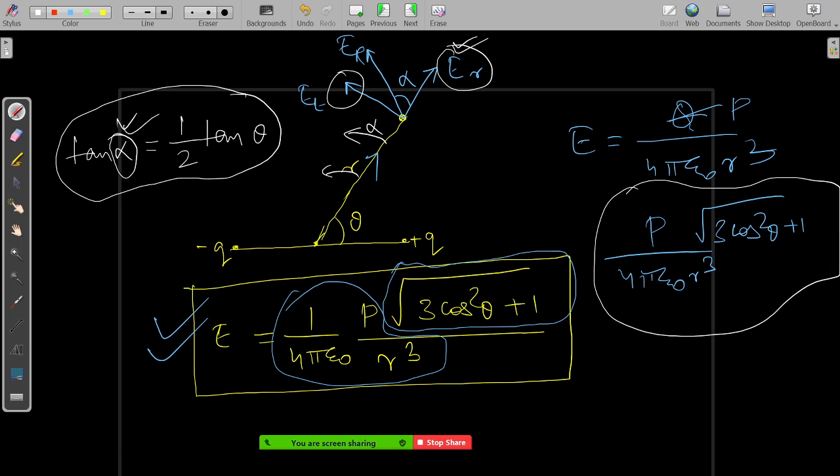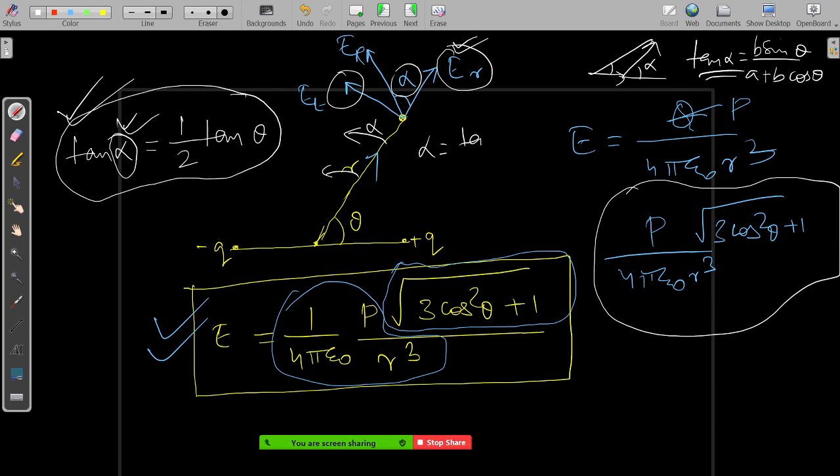You remember, we had two vectors and wanted to find the sum. So what is the resultant alpha angle? tan alpha equals B sin theta by A plus B cos theta. This was your resultant of two vectors. After finding the resultant magnitude, we need to find the direction also. So what is the direction of the resultant? That is half of tan theta, so alpha equals tan inverse of half of tan theta. This way you can remember.